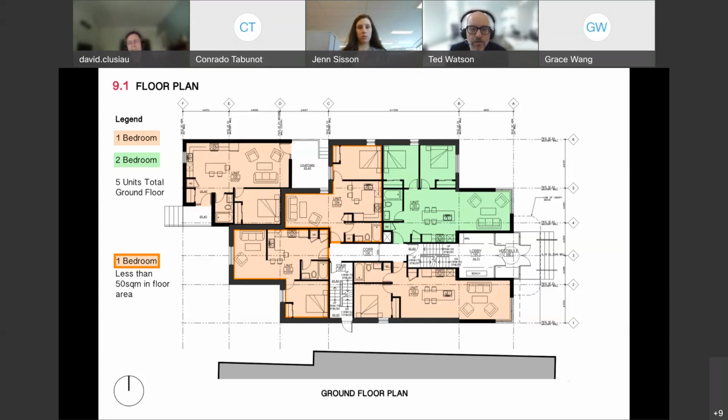And are there energy efficiency goals that you're targeting in this project? No. Okay. No sustainable goals. And then have you accommodated for garbage and recycling? I don't see anything pertaining to that in your landscape plans. It will be curbside pickup, and there is a garbage storage unit in the basement.